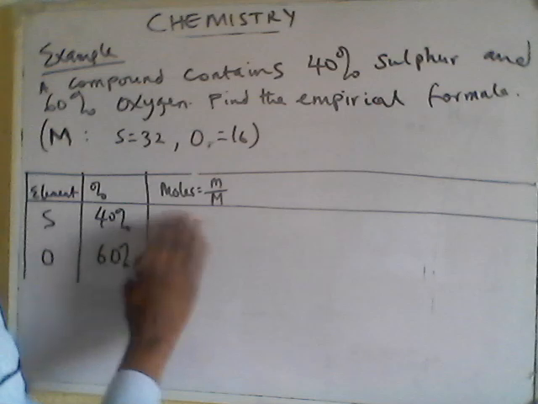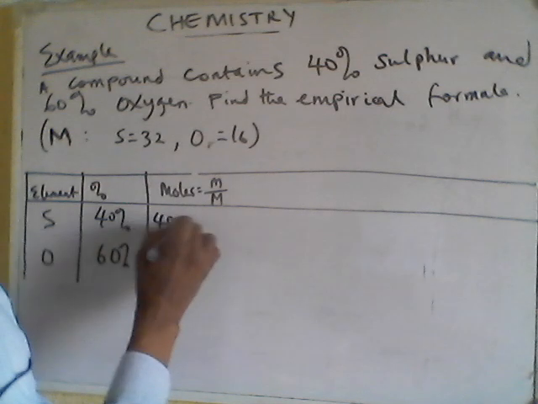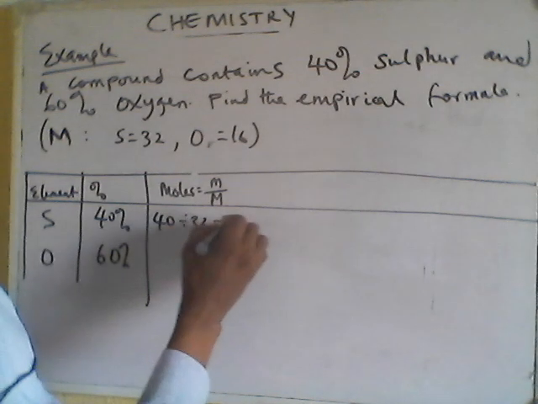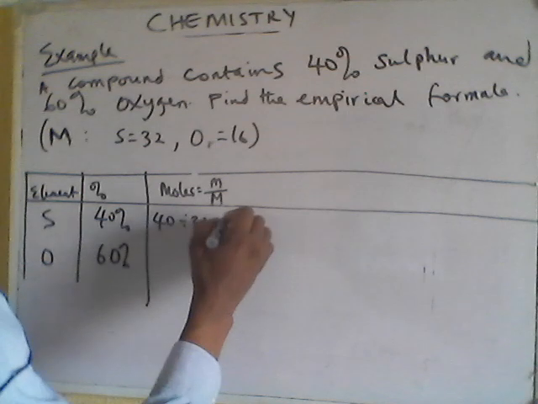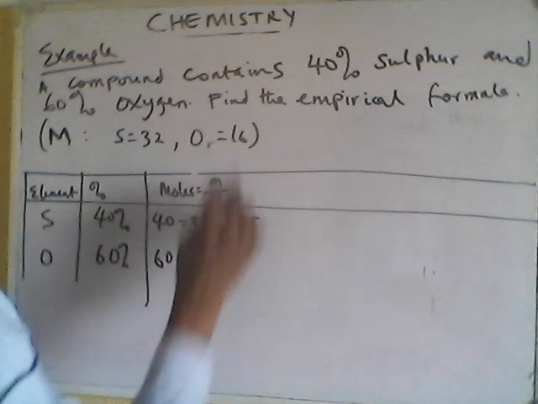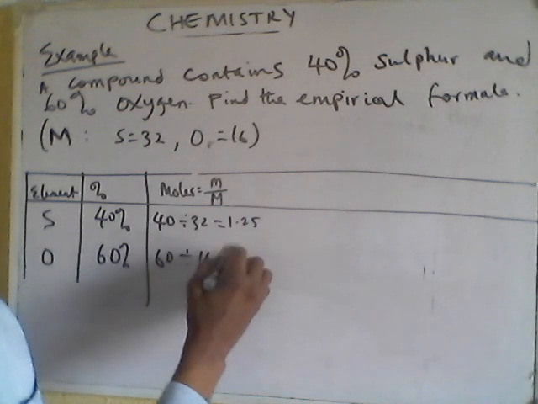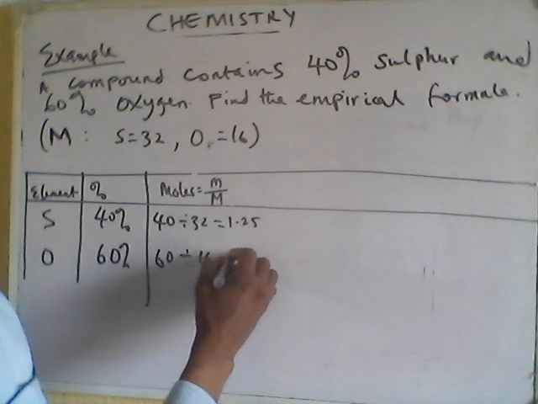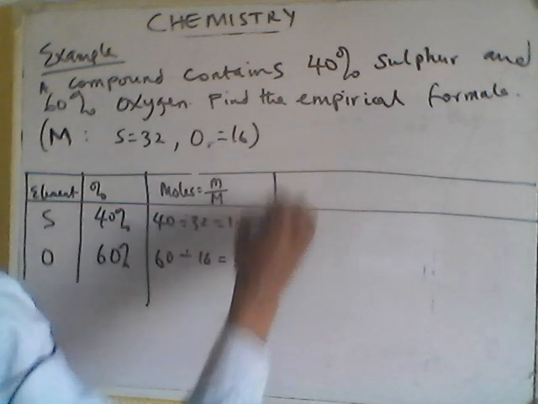Okay, let me just put it in one line so that you know. 40 divided by 32 will give me approximately 1.25. And for this one, I have 60 divided by 16, which will give me approximately 3.75. So that's the